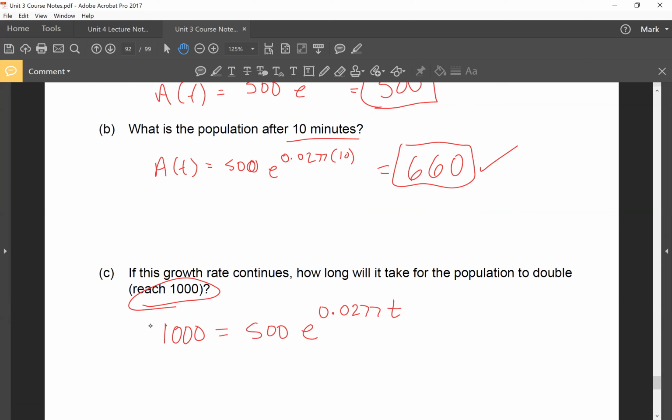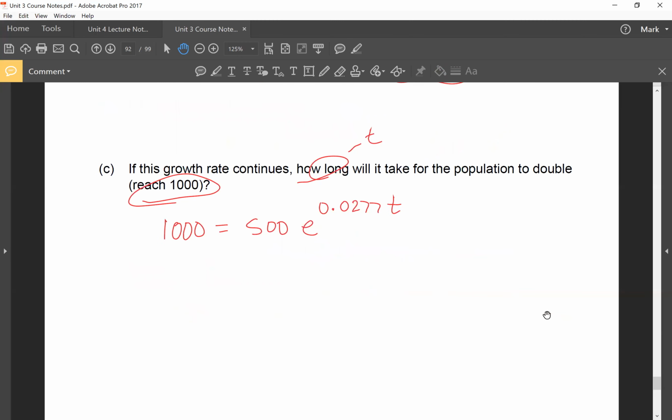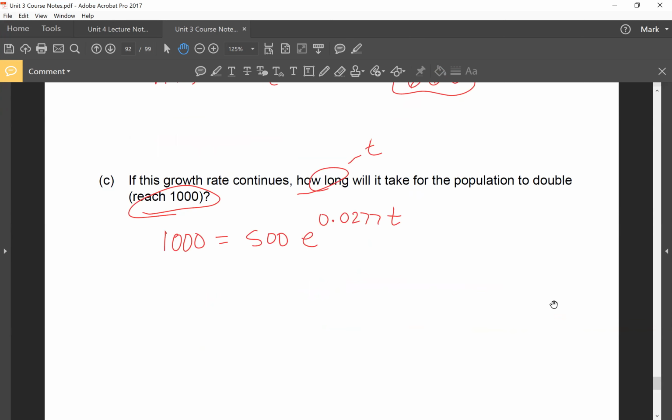I'm trying to find time. What I need to do first is isolate this, so I'm going to divide both sides by 500. You end up getting 2 equals e to the power of